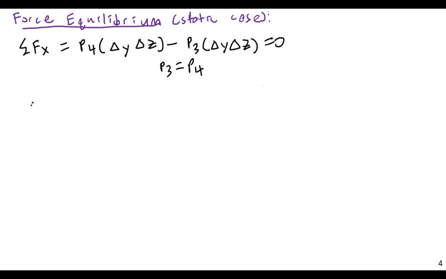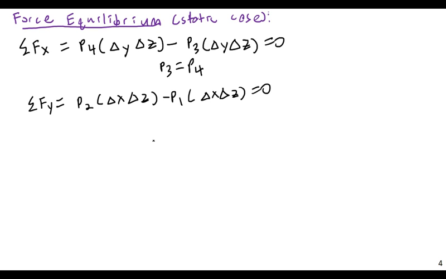And then, if I do a sum of forces in the y direction, I get P2 times delta x delta z minus P1 times delta x delta z is equal to 0. And if these cancel out again, the delta x's and the delta z's cancel out, and I get that P2 is equal to P1. Not a big shock. And then, if I do a sum of forces in the vertical direction, a sum of forces in the z direction,